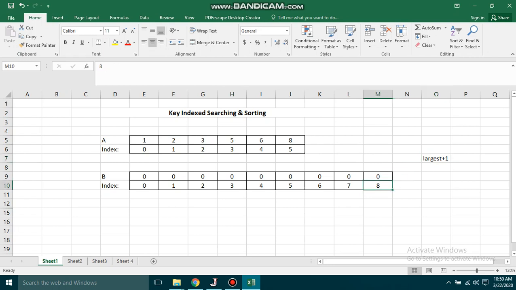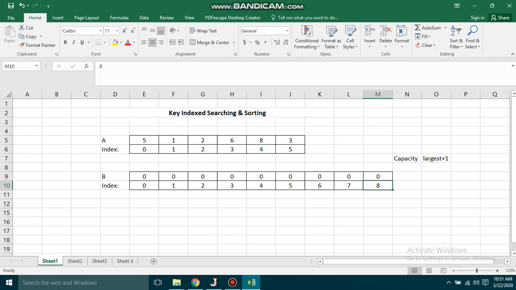After generating B, we have to populate this array according to the values contained in my array A. So the capacity for this kind of auxiliary array should always be largest plus 1 to have a valid index,